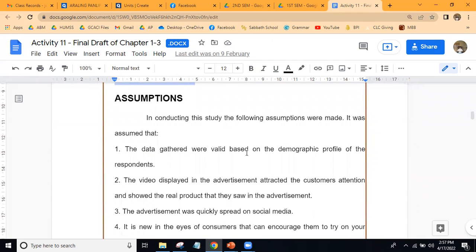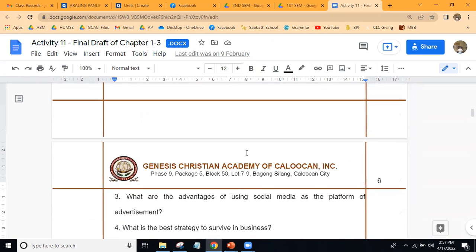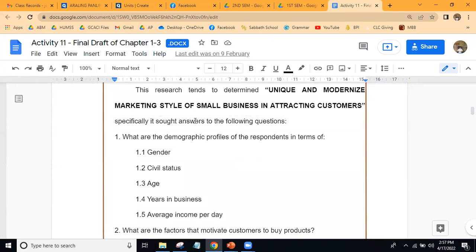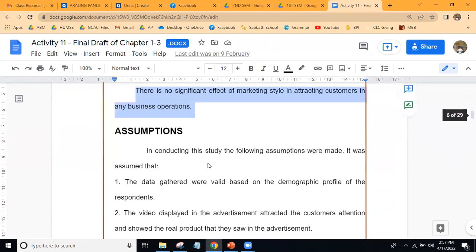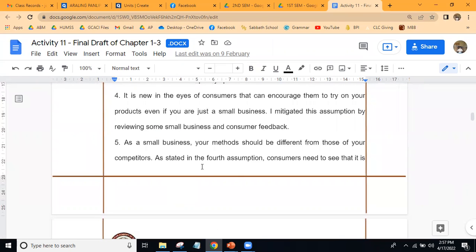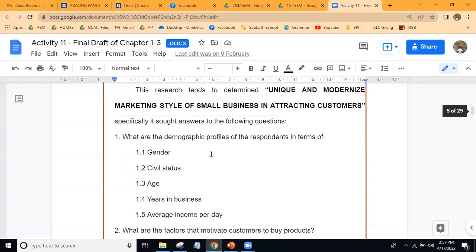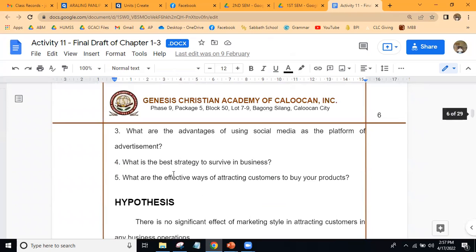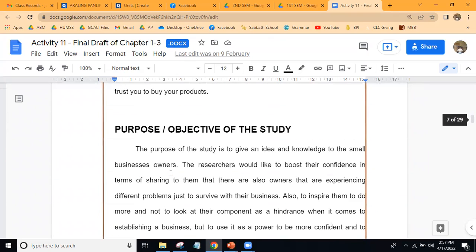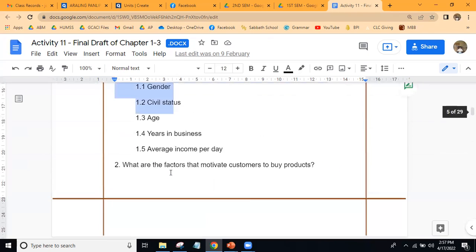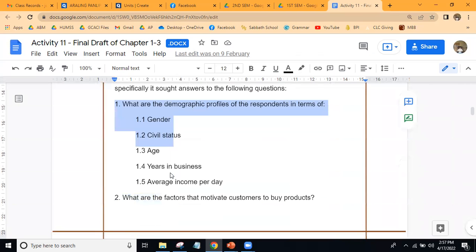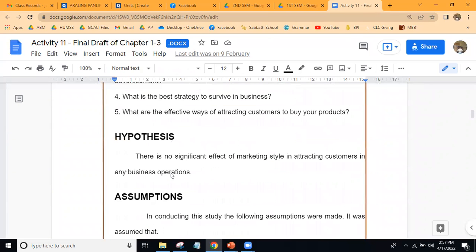Assumption nila, ayan. So ang assumption is based also sa given SOP. Kung ano ang nasa SOP, yan lang ang ilalagay ninyo sa inyong assumption. Assuming you are going to assume maybe this is the answer of the customer or the respondents. And if there's 5 SOP, dapat meron din tayong 5 assumptions.